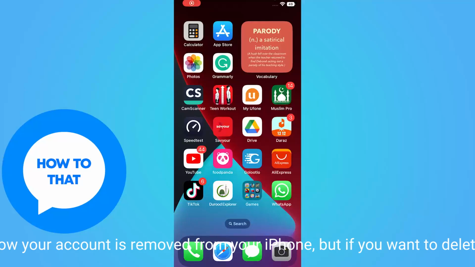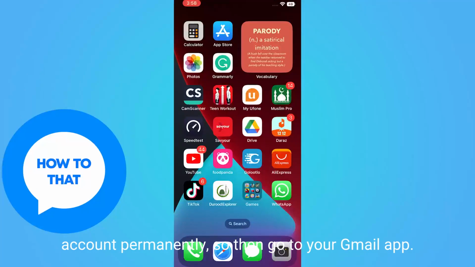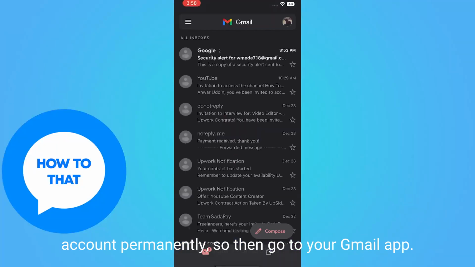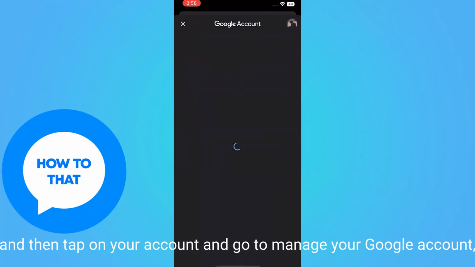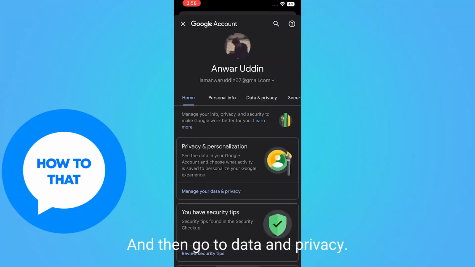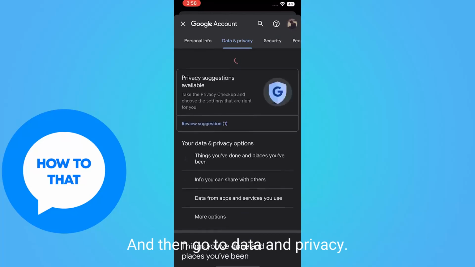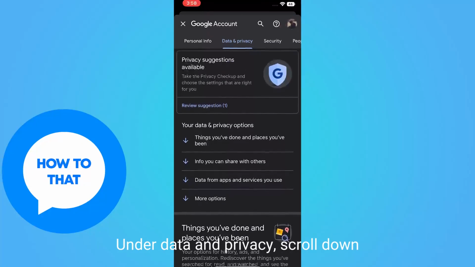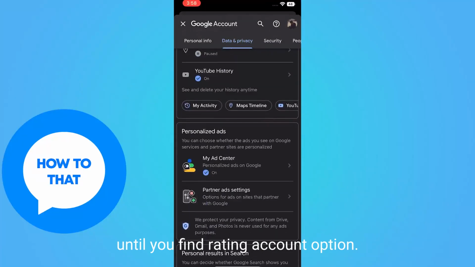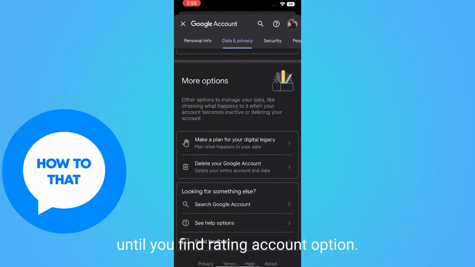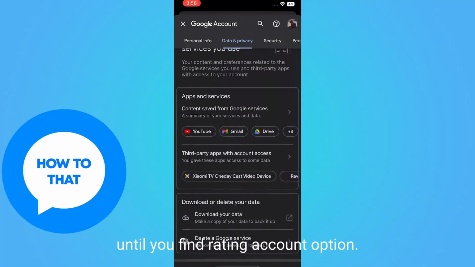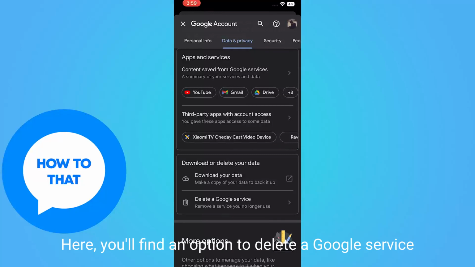But if you want to delete your account permanently, then go to your Gmail app and then tap on your account and go to manage your Google account. And then go to data and privacy. Under data and privacy, scroll down until you find the deleting account option. Here you will find an option to delete a Google service. Tap on it